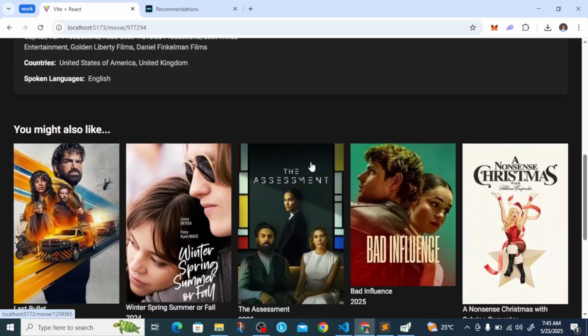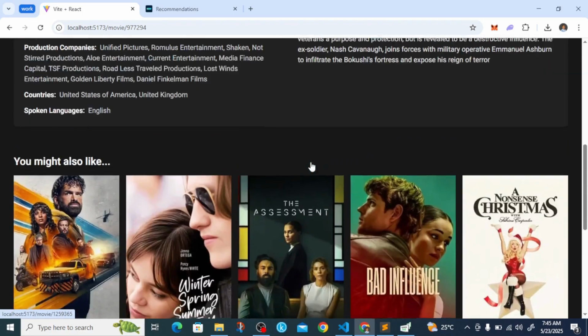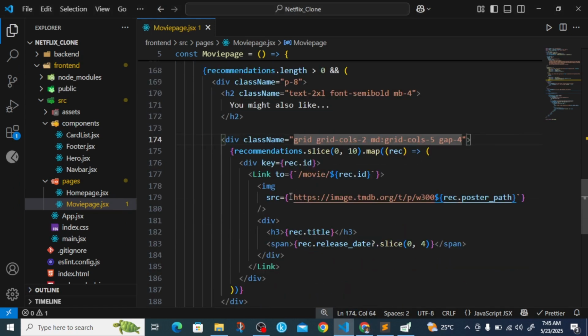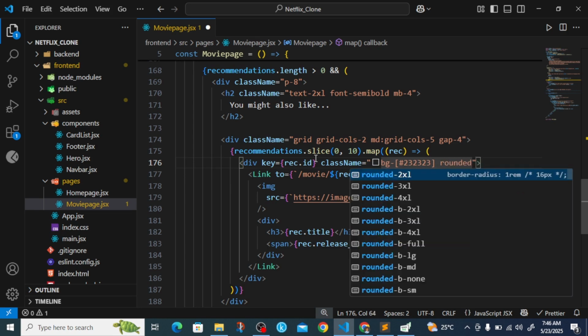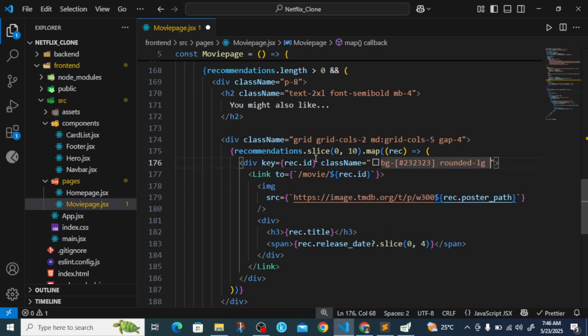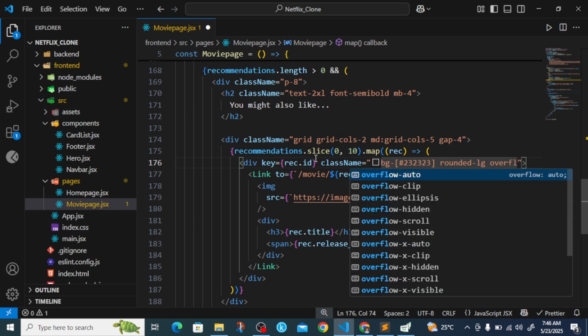Alright, so we can make this better. So back to our code, we are going to work on this image, or before the image, we are going to have inside this div here, we can put a simple hover effect on it. So we can just come here and give it a class name, give it a background color. We want to make it a lighter gray color of #232323. That should be okay. And then give it a rounded of LG, and overflow of hidden